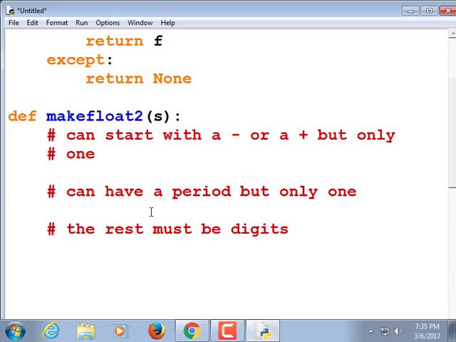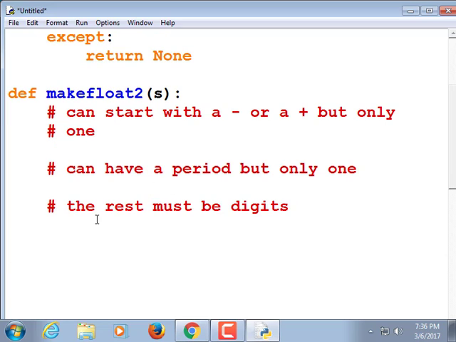I'm thinking a loop like our password loop might be the easiest thing to do. I was thinking of weird things like find the position of the period, delete it from the string, and then check to see if the whole thing was digits with isdigit, but that's just insane, though. I mean, when you can just use the float value. So the first character is a special case. If s[0]